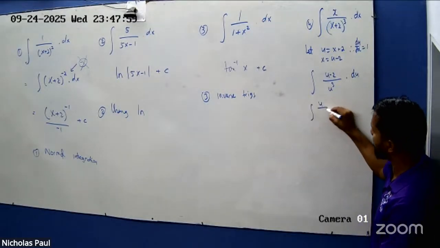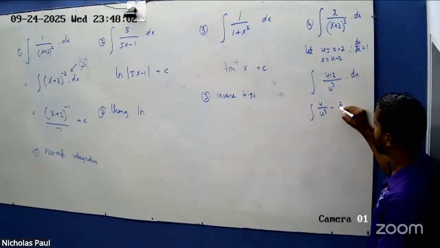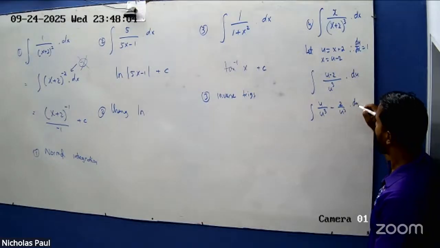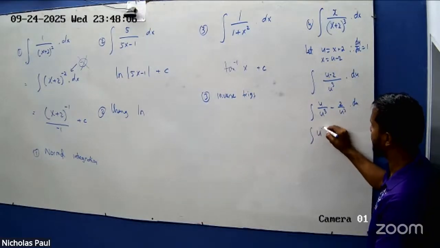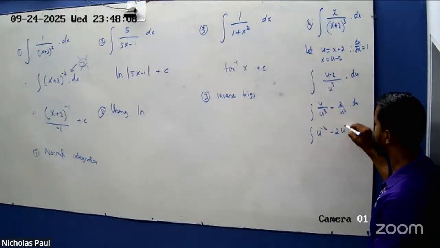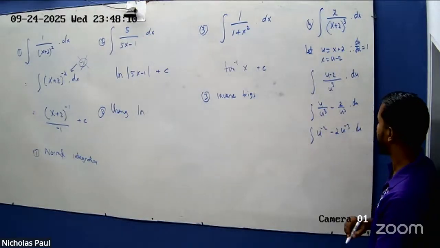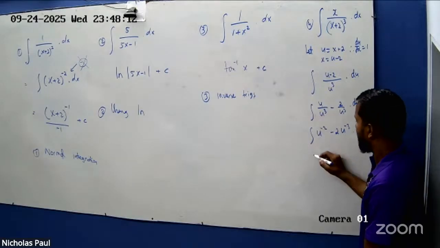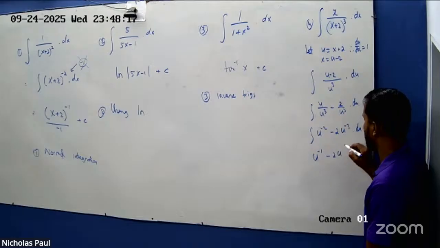I'll just work this out for you. And integrate it. So this is u to the minus 2 minus 2 u to the minus 3. So you'll end up with u to the minus 1 minus 2 u to the